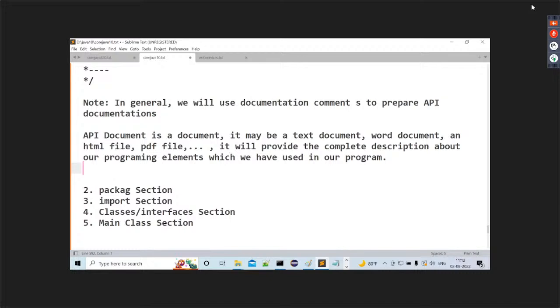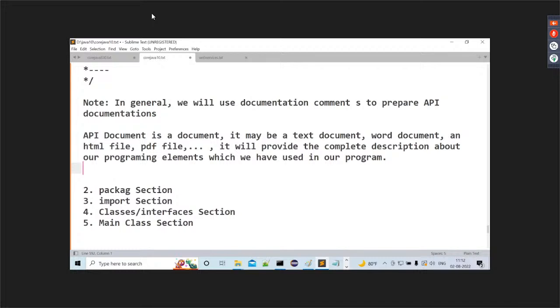The Java vendor has to provide documentation to describe our predefined library. Exactly, the required Java API documentation was already provided by Sun Microsystems or Oracle